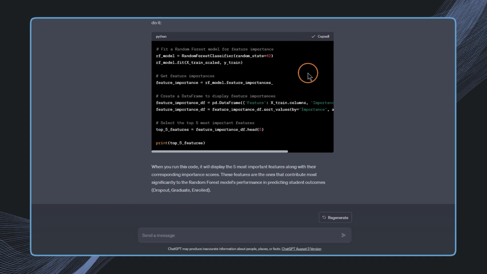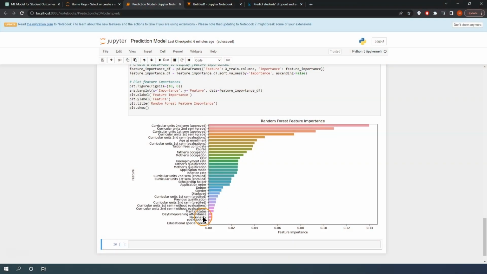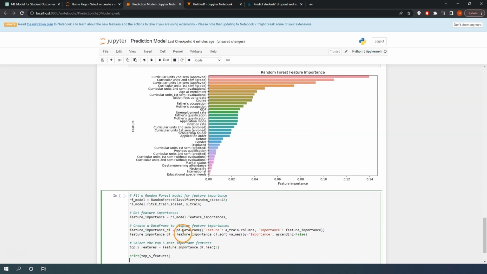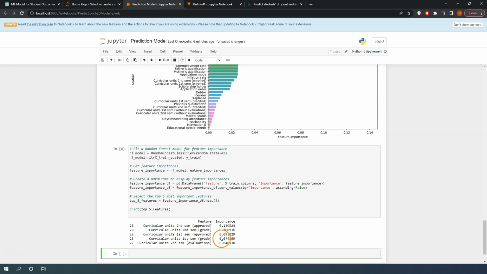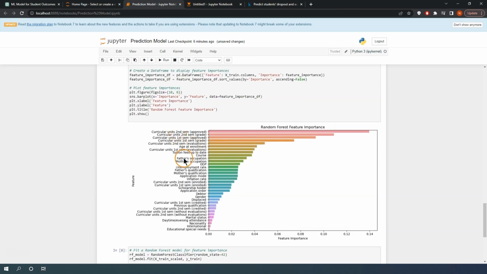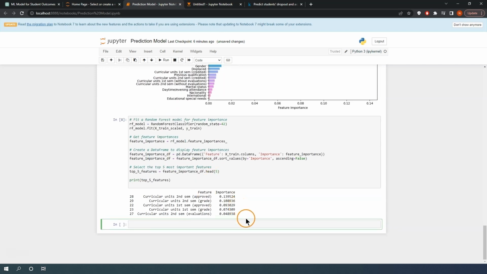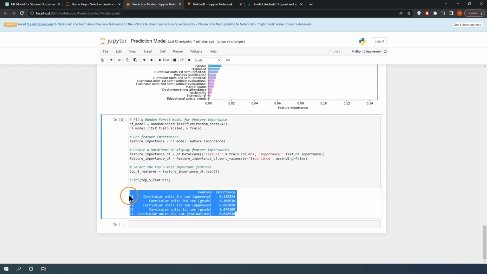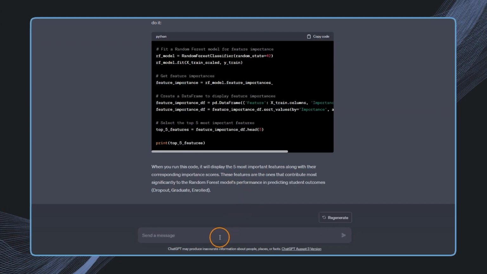So I will also copy this and paste it again into a new cell. And let's see what are the top most important features. So these are the top most important features, and the benefit of this is we can now just copy them like this, and then I can just paste them in here and say, please set up a model with those most important features. Please set up a model